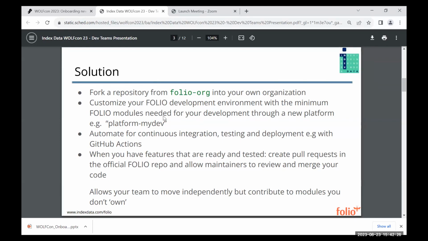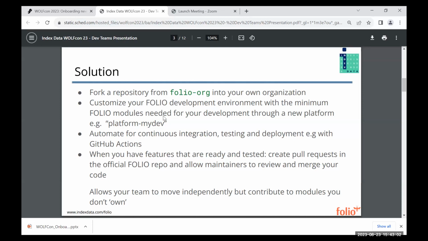So you would essentially customize that to your own needs, because the challenge in Folio is that it's a large system, so running it in your development environment is very costly. Plus, it actually probably won't fit in a single developer's laptop. It's just too big, so there's no way. So you want to customize that. You want to cut it down to the list of modules that you really need to work on, plus the dependencies of those modules and anything else that is strongly required for running an installation. And then to ensure that level of quality that I talked about,